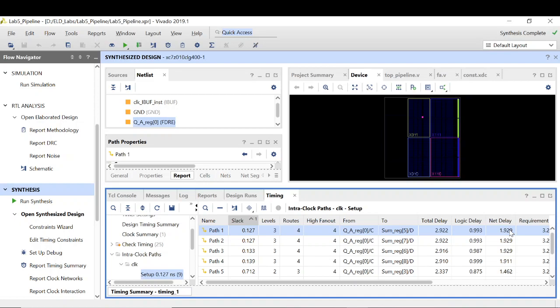Once the routing happens after the implementation, you will get actual delays which will definitely be greater than these delays, and this margin will get reduced.